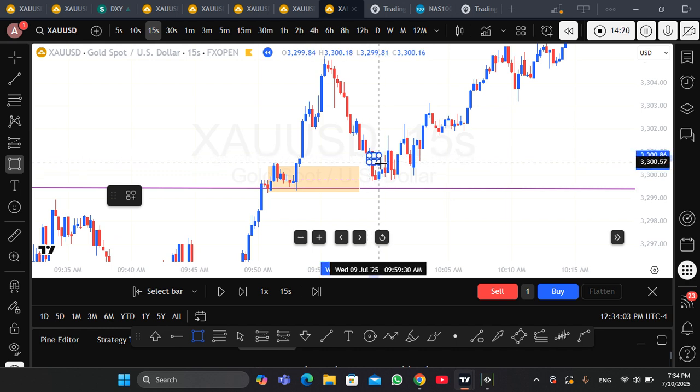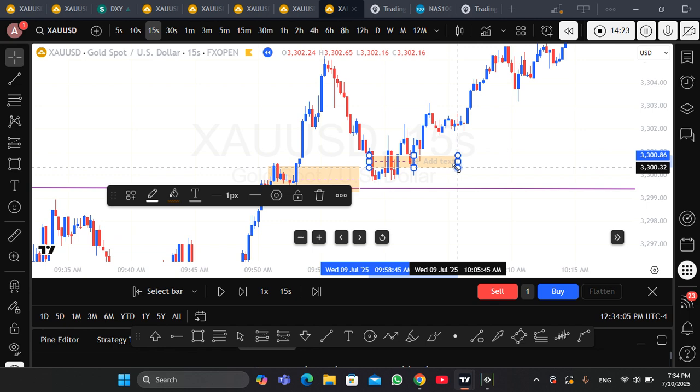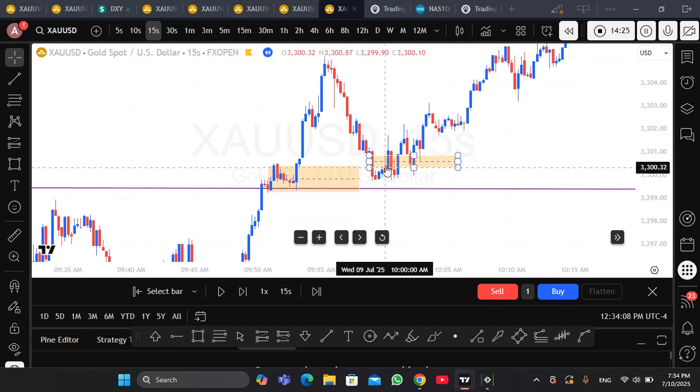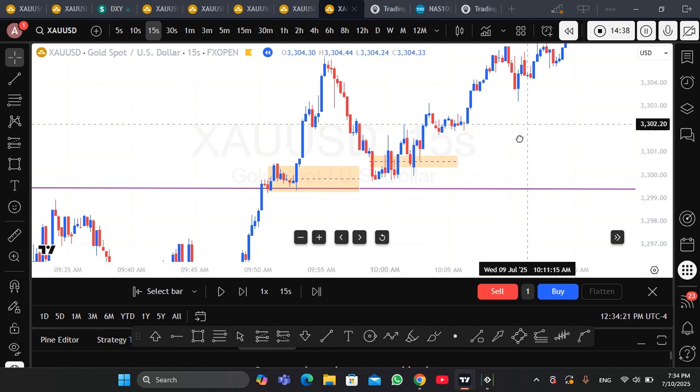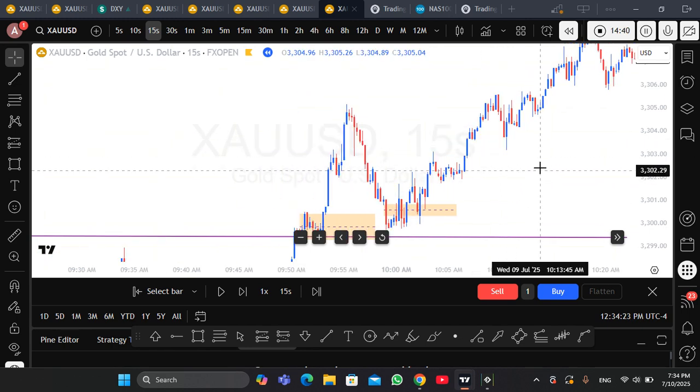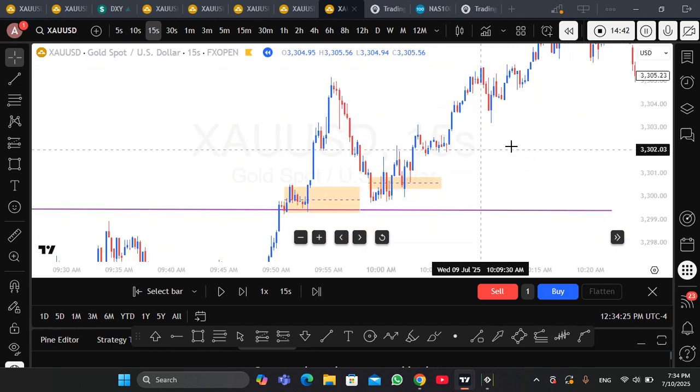The first thing is this inverted fair value gap. This is first. When this inverted fair value gap forms and the price moves upward, it makes a market structure shift again, and then again a market structure shift and another test. In this area, you should enter here. Those are good signs, a good pattern to move upward, and the price will move upward.